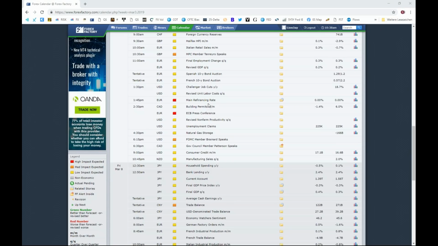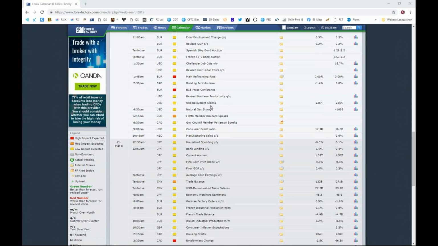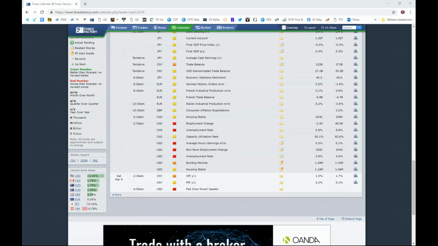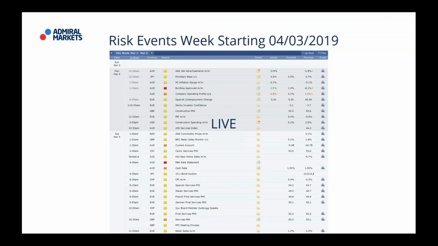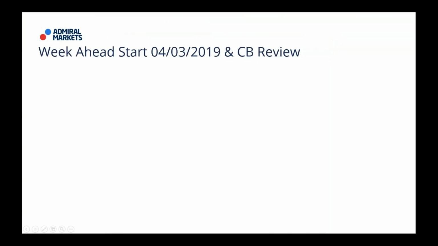China, I have a whole slide for us because there's something very important happening over the next 10 years in China. We have the ECB on Thursday, including a press conference. We call it a presser. And then we have Canada employment data on Friday, and we have U.S. employment data on Friday, and then some housing data. And then Saturday night, we have inflation data over in China. Okay. So it's going to be a super good trading week.